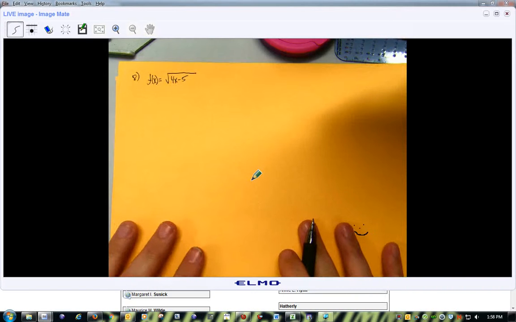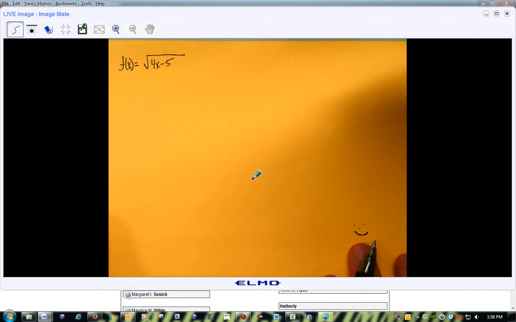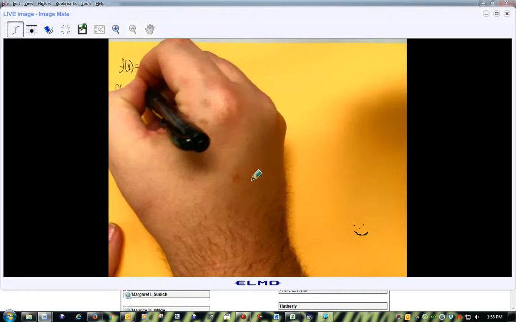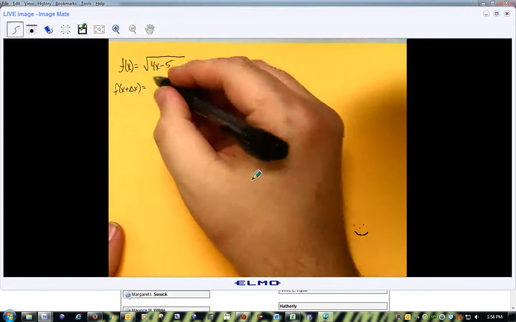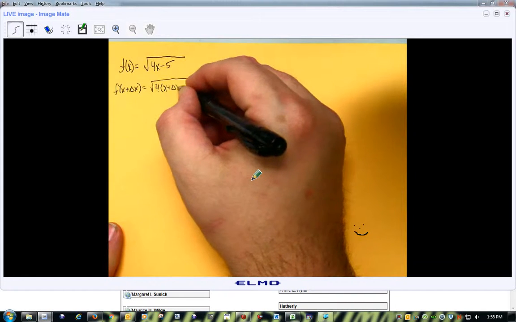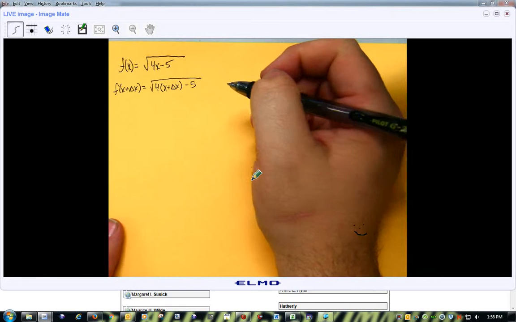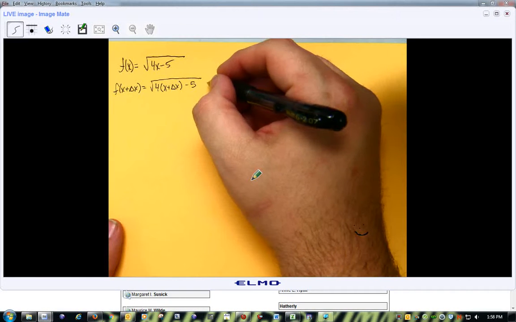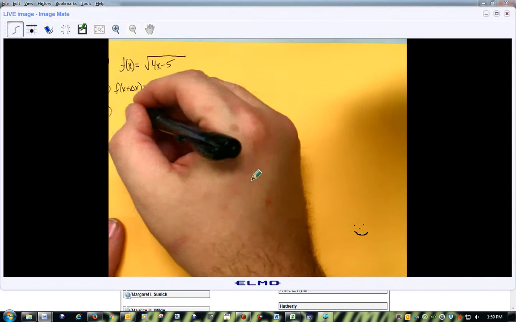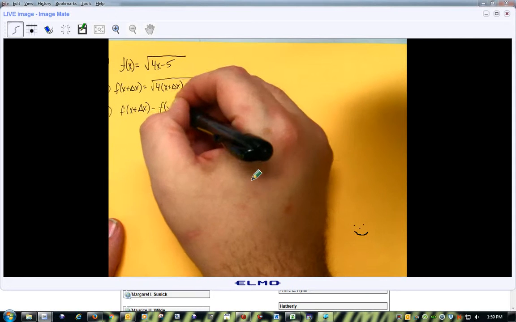Alright, so we need to use the definition of the derivative, so the limit process. So I need f of x plus delta x. So what I'm going to get in here is 4 times x plus delta x minus 5. And now I need f of x plus delta x minus f of x, which would